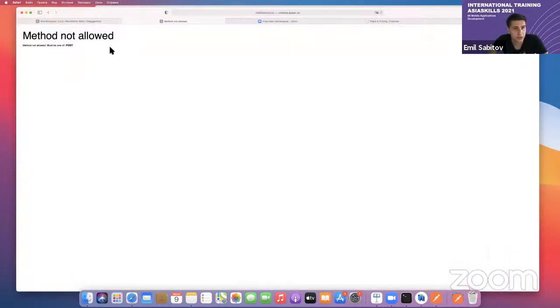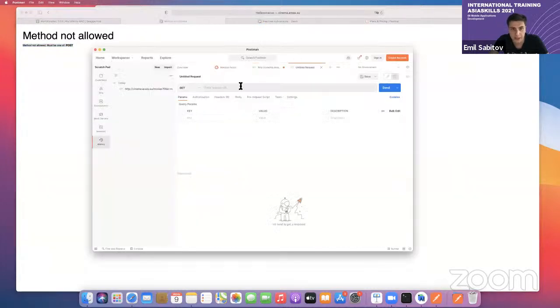If I put this URL into a browser, it shows us an error like method not allowed because we need to use a POST request. So we can use Postman for creating a POST request. I put the URL here. I need to select the HTTP method that I want to use, like POST. And then I can try to send, and sorry again, a Russian error, but it means that